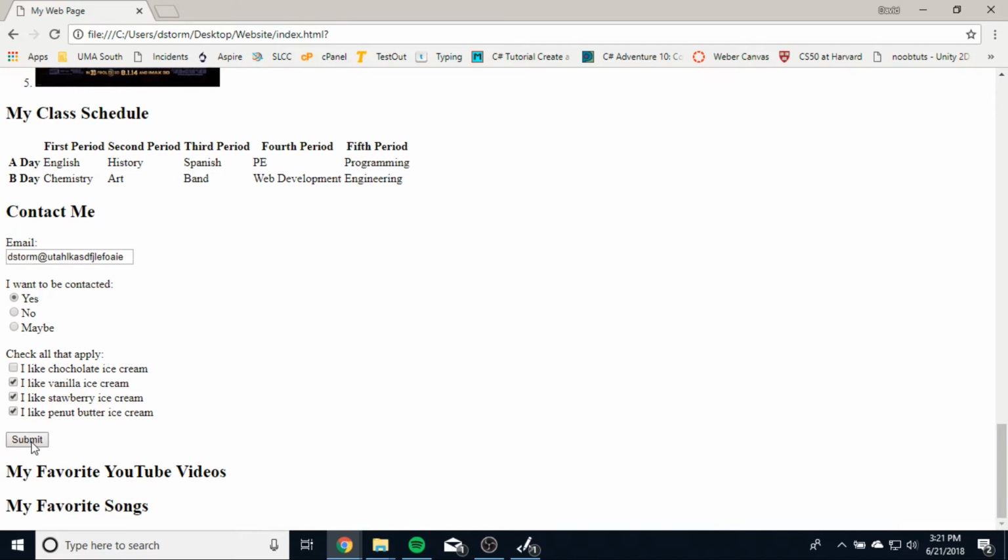Now, obviously, this button doesn't go anywhere, so don't freak out if your button doesn't work. It's not supposed to, right? It's just there because forms have buttons. That's what they do. Right. But once you get your website looking like this, where you've added a table and you've added a form, you're